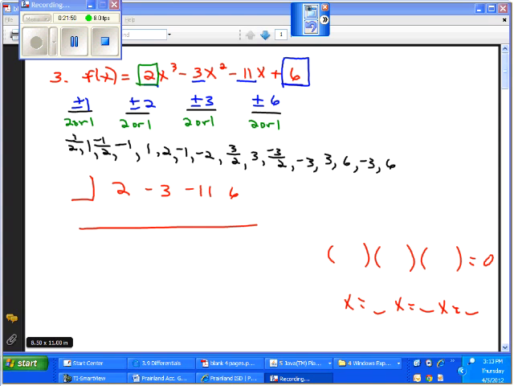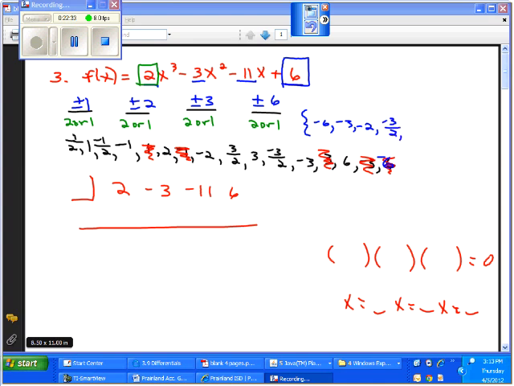If I cast out the doubles, there's a second 1. There's a second negative 1. I have a couple of 3s. I've got a couple of 6s. I've got a couple of negative 3s. If I line it up least to greatest, then my possible rational zeros, I should have had a negative 6 somewhere. I think that was a negative 6 that I shouldn't have cast out. Sorry about that. I would have had a negative 6, negative 3, a negative 2, a negative 3 over 2,